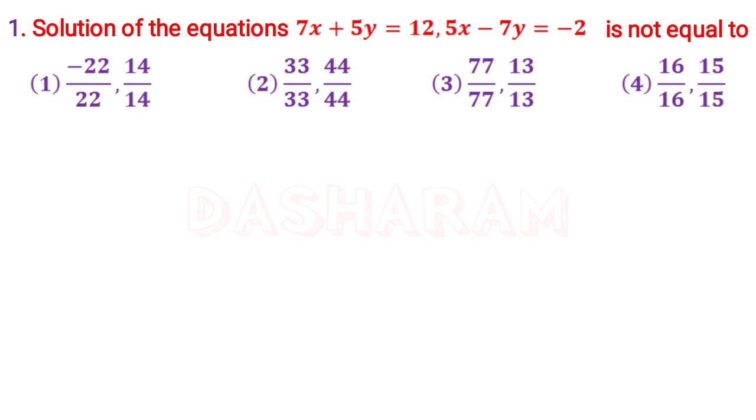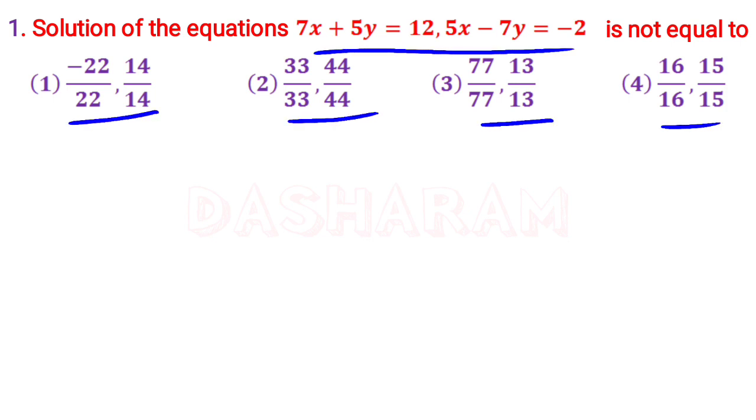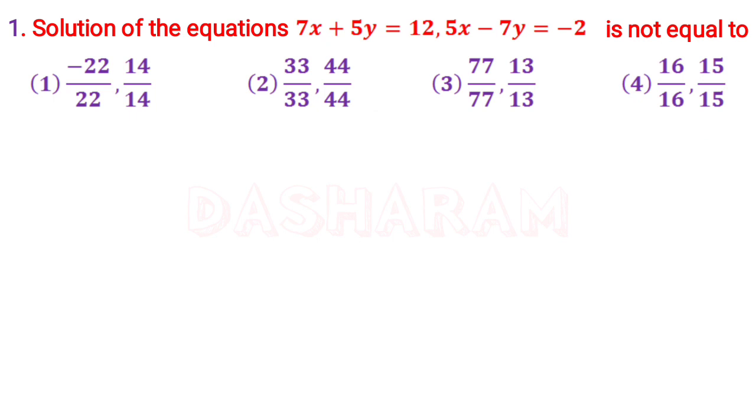So the order of these questions is taken from the question paper code C of TS Polyset 2020. First question, given four options, which is not a solution for the given pair of linear equations? We have two methods to solve the pair of linear equations: one is elimination, another one is substitution method. But without using them, how to find out the answer for this question?